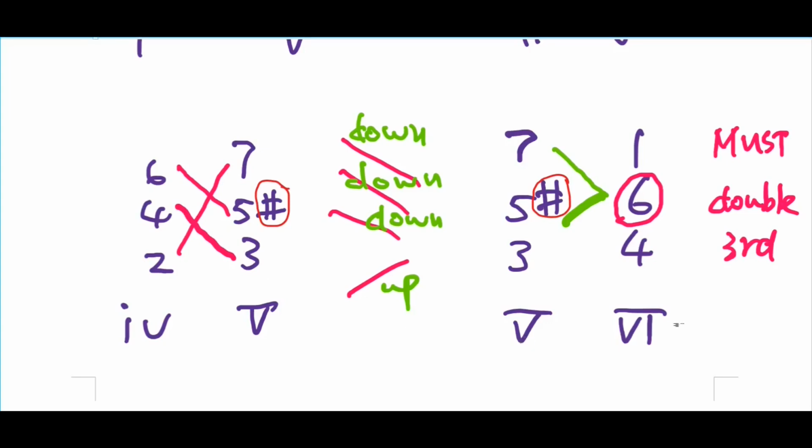Lastly is the 5-6. Remember, 6 is the major triad in minor keys. And this one, you must double the third. If you don't double the third, you will find parallels, which is a big mistake in SATB or 4-part writing. So the leading note Si goes to La, and then the Ti also goes down by step to La.